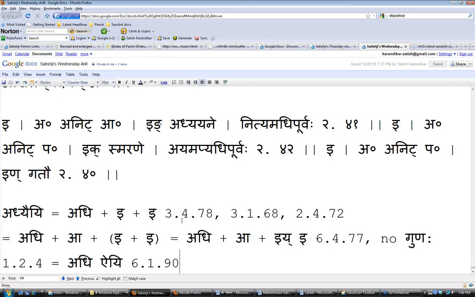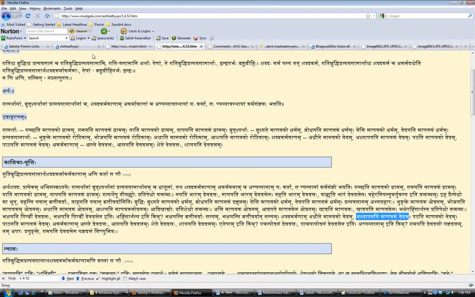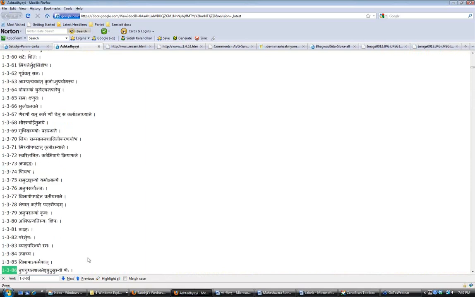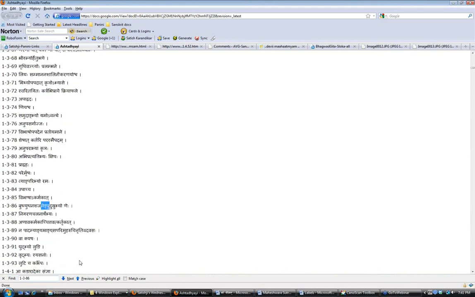The 1386, let's go there. 1386. So buddha yuddha nasha jana ing. This ing is mentioned specifically, it is a vishesha vidhanam, in this sutra. So we can only use the parasmaipada ending. So we can only use adhyapayati, adhyapayatah, adhyapayanti.